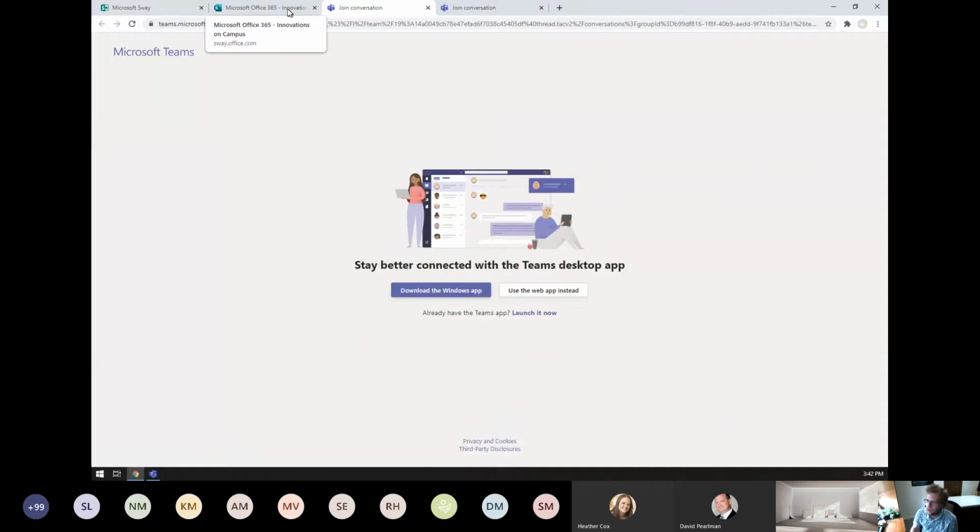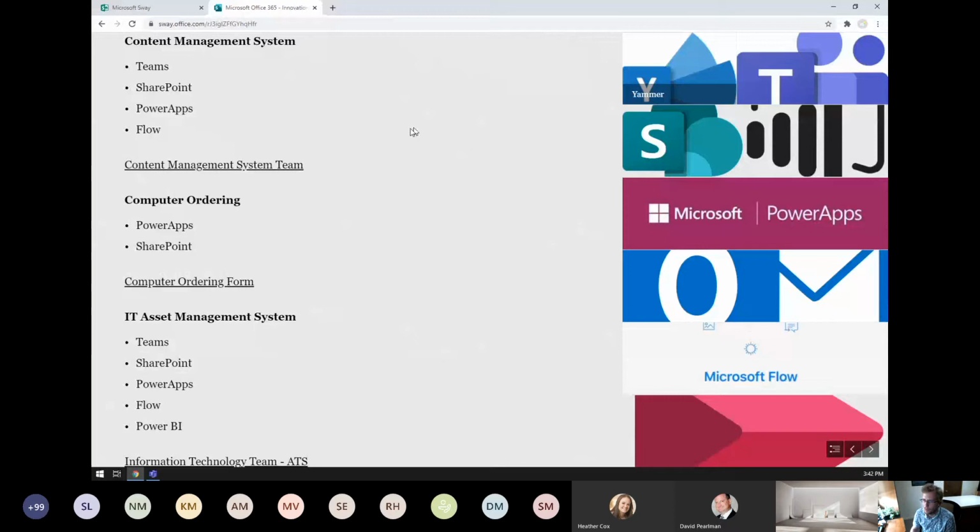All right, so like I said, we are going to be getting a little bit more complex. So the next thing is going to be diving more into the inventory system that I created, and that's kind of what David alluded to at the beginning of this meeting. I actually worked in IT computer labs for some time as an undergraduate, and I created an inventory